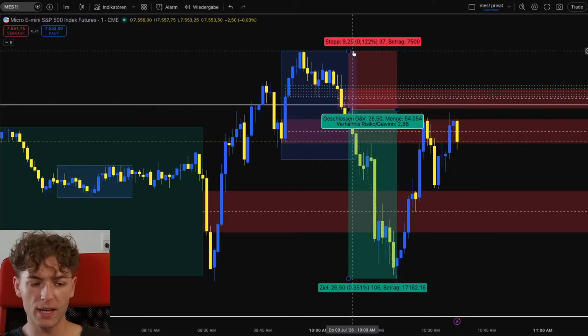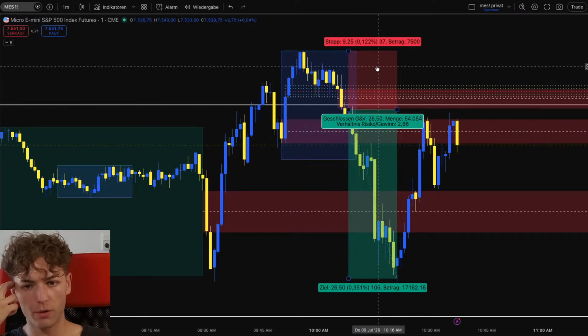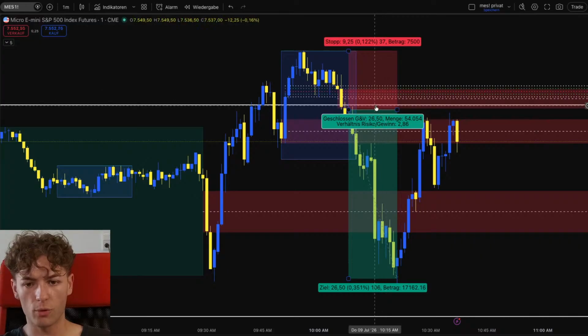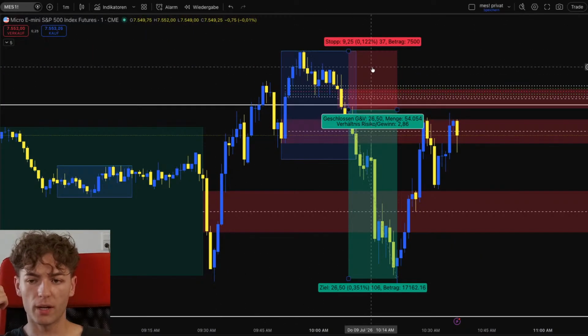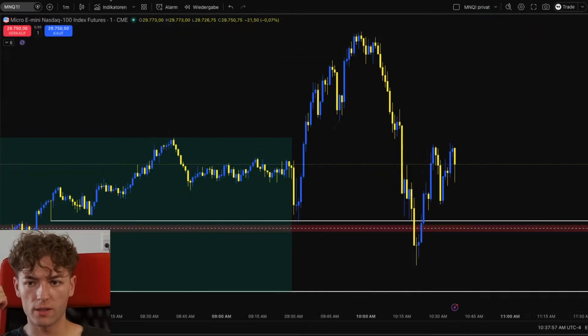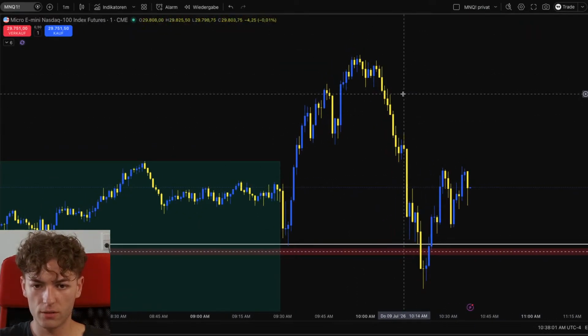And 10 points in ES, 1 point equals $5 in the micro. In the normal E-mini S&P, 1 point equals $50. But in the micro, it's $5. 10 times 5 is 50. It's not a huge stop loss, but you have a well protected stop loss in here with $50 risk. Whereas in NQ, if you want to take that same entry,